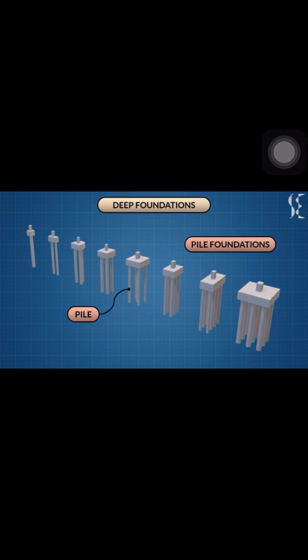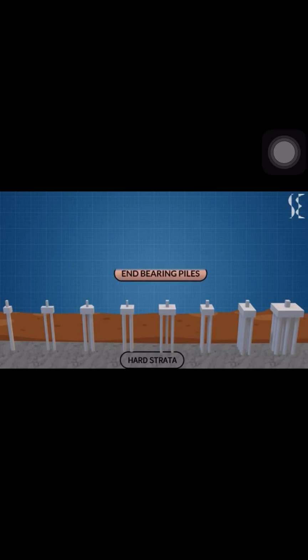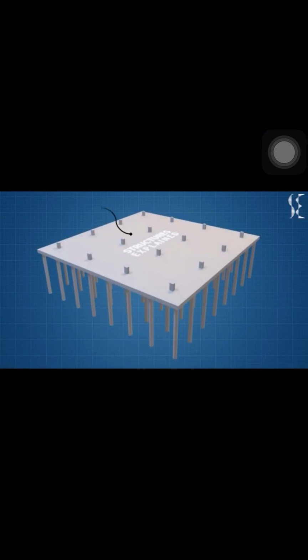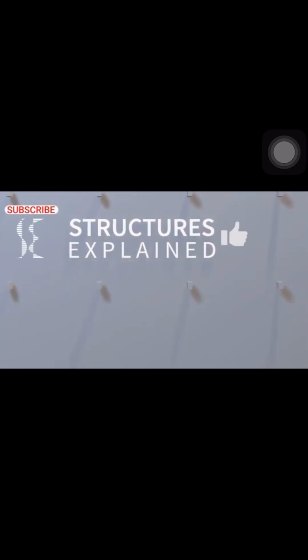We also have the friction piles. These derive their load-bearing capacity from the friction developed between the pile surface and the surrounding soil. Or we even have the drilled shafts. These are large cylindrical concrete members that are installed by drilling a hole in the ground and then filling it with concrete. They are often used in water or when load demands are substantial. We also have the pile foundation. These are used in buildings where soil conditions are poor. They can be made of concrete